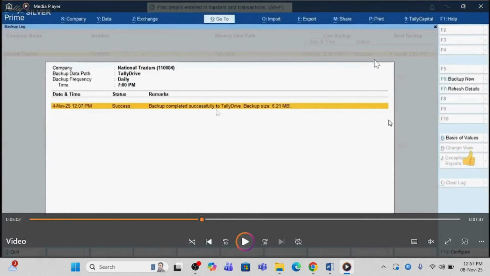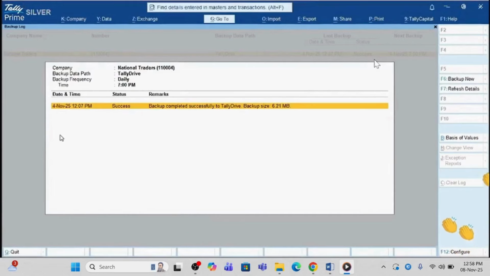Backup completed successfully to Tally Drive. Backup size is 6.21 MB. So this is the first backup that we have taken. So here you can see the details that you have set, 7 p.m. daily Tally Drive. These are the details of your backup. Going forward,